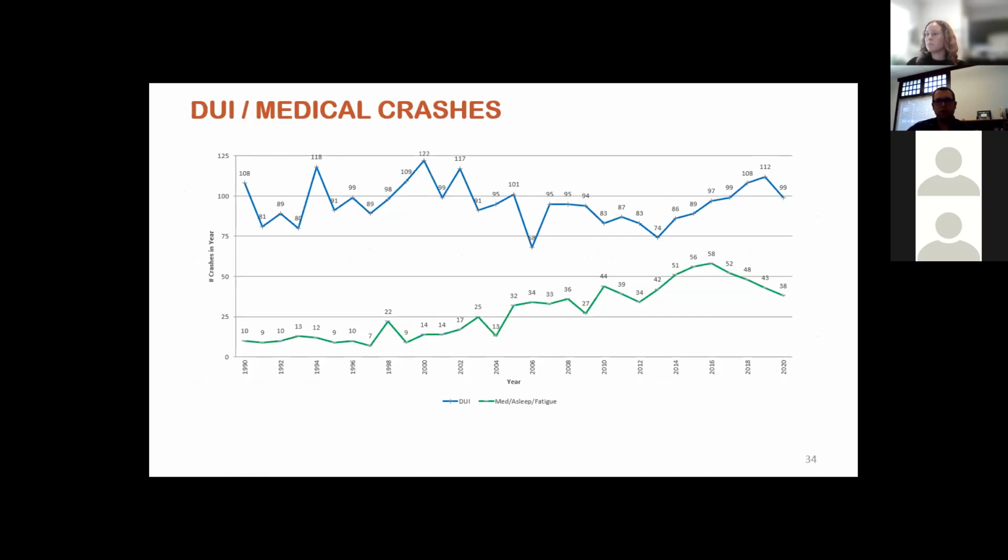When we look at the DUI and medical crashes, we had seen since about 2012 quite an increase in the DUI crashes every year. 2020 was the first year we've seen a reduction in that in about 8 years. But another good trend, again, with 2020 and stay-at-home restrictions, I think that definitely had an impact on that. The medical and the sleep, we've had about 5 years in a row of decline in those type of crashes. Next slide, please.